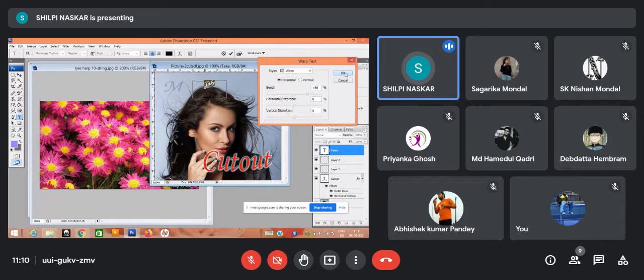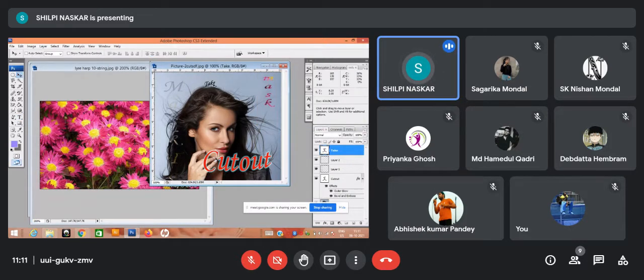Okay, this text art, some template is already given over here, but this template you can create on your own in a vector editor platform like Illustrator or CorelDRAW. You will learn how to make text according to your own shape. Say the total shape of this body can be made by text. That you can do, but that should be made by the vector editor platform. You will be doing that also, I'll teach you while you are learning Illustrator.